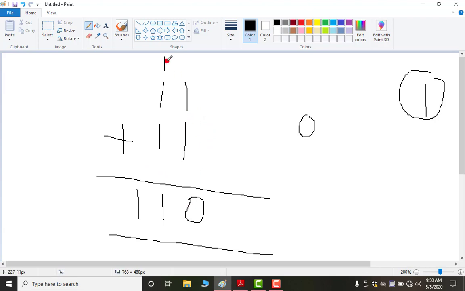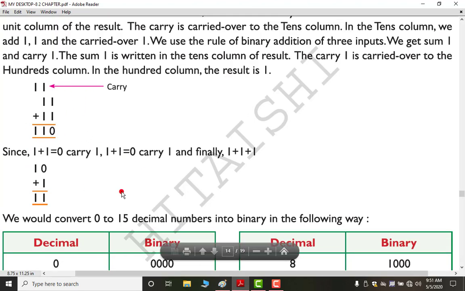Okay, now this one and this one, if you add them, you will get the answer 0 and remainder 1. Now you have to add this 1 with this answer 0. So 1 plus 0 will give you 1. Okay, and this remainder is remaining, but here we don't have any number, so you have to copy that one here same as it. This is the processing by which you can do binary addition.